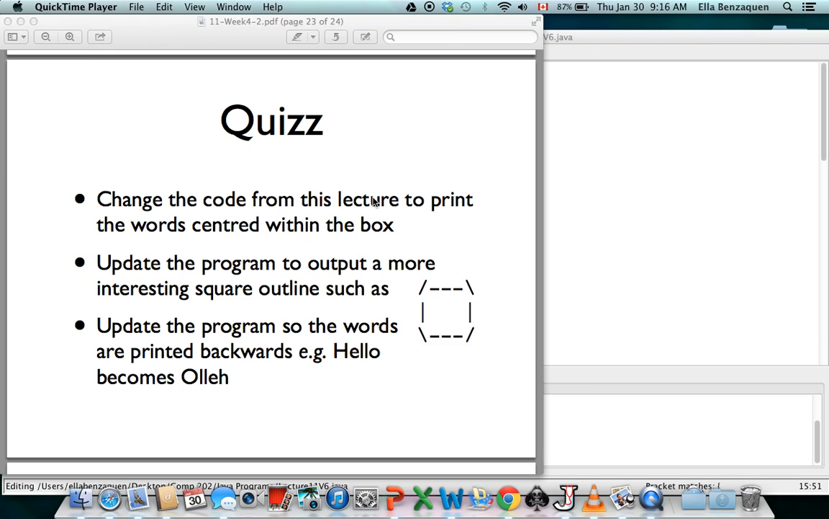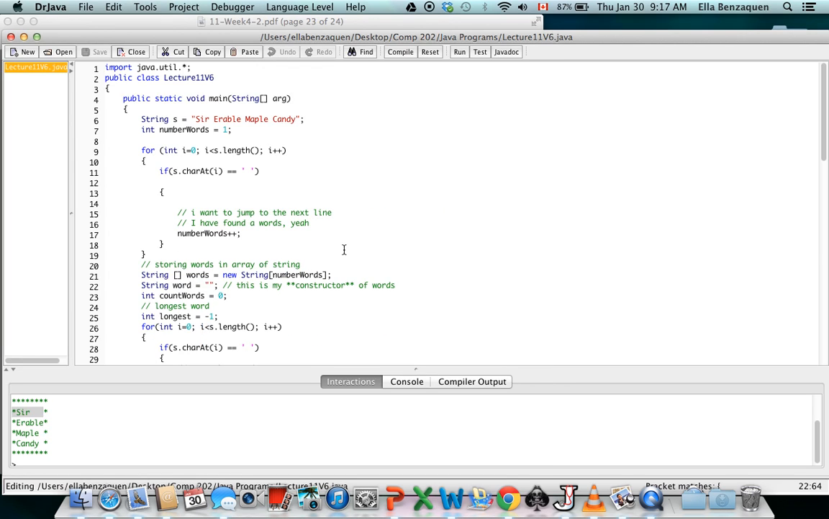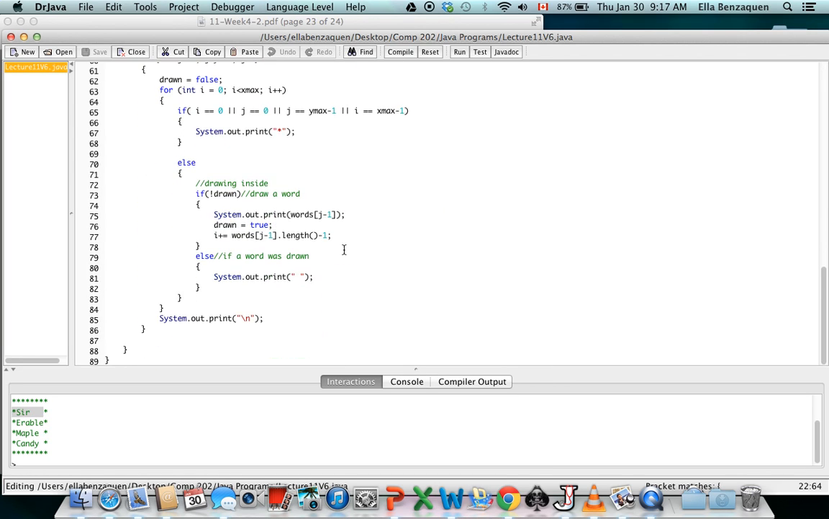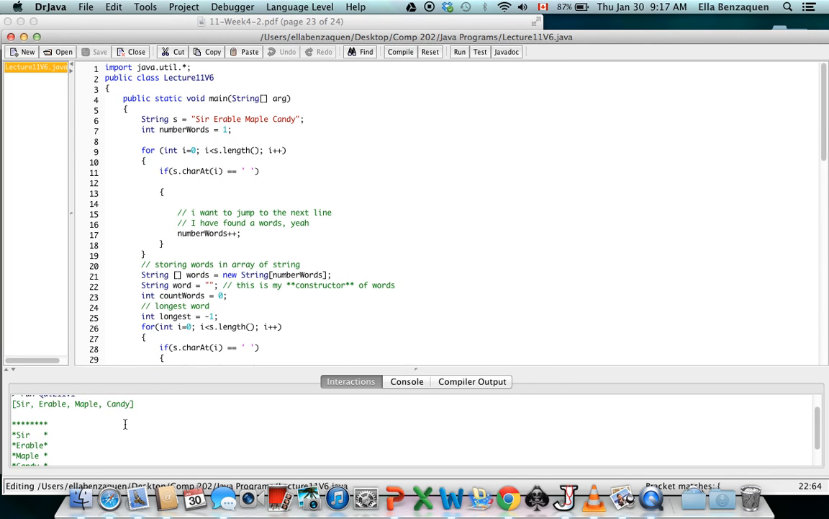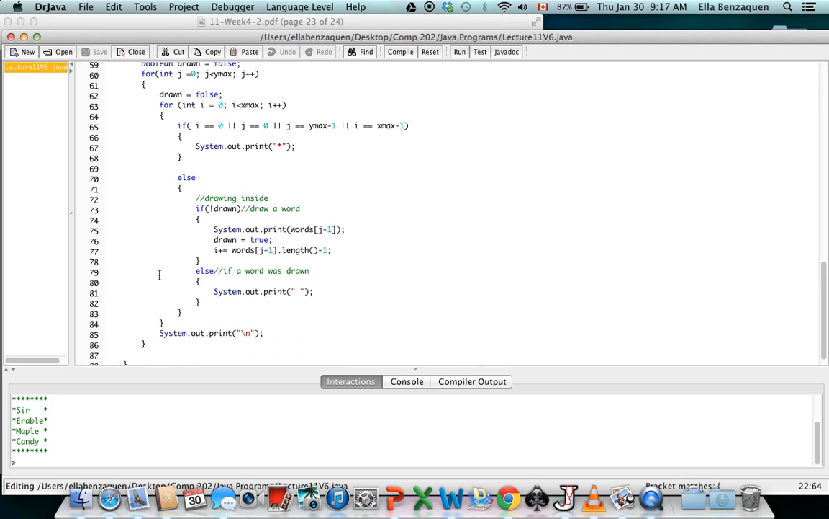So the first question is: change the code from this lecture to print the words centered within the box. Here's our professor's code that he wrote today, and this is what it printed out. If we look here, "Sir", for example, has two spaces after its word, and therefore it can be centered such that one space is printed before printing the word. So we're going to have to modify this code